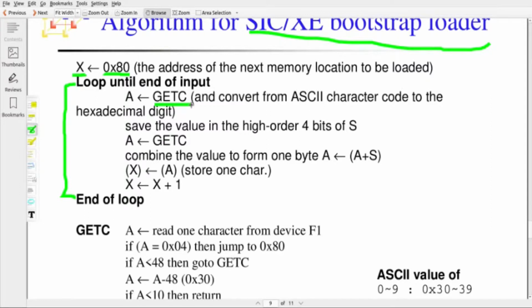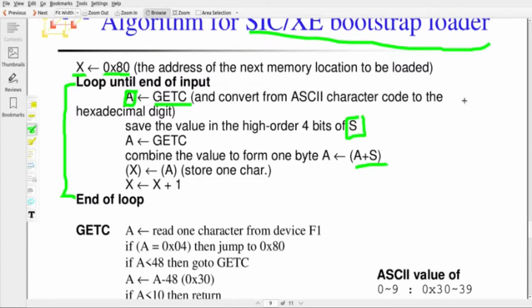It reads one character at a time and converts it into binary. This is what GETC does, and that value is stored in register A. For conversion it uses one more register, called S. So A plus S makes 1 byte of information.